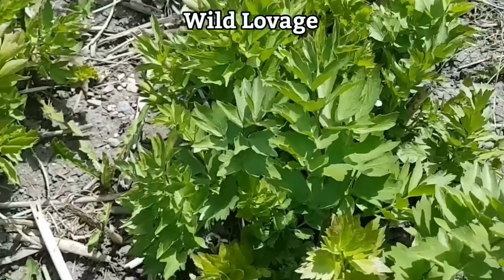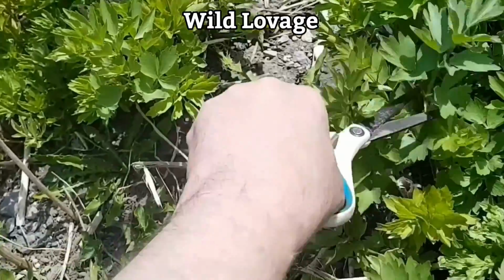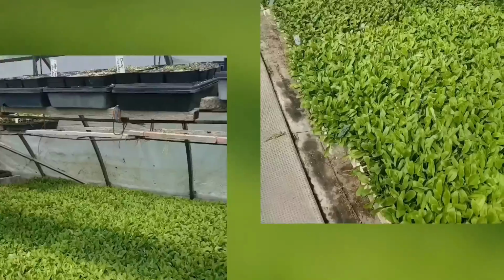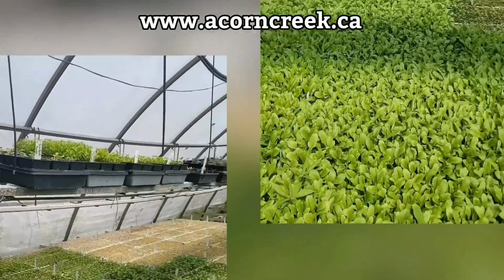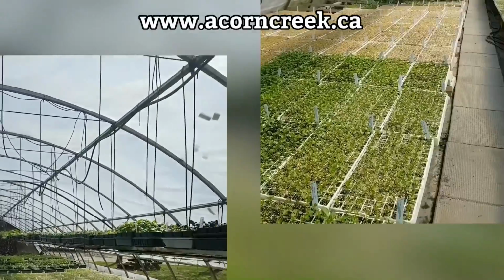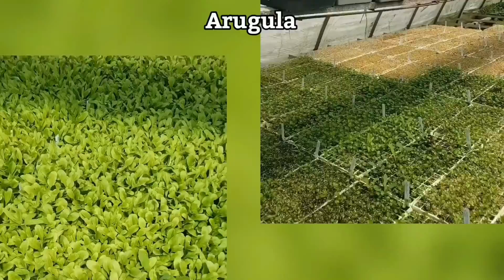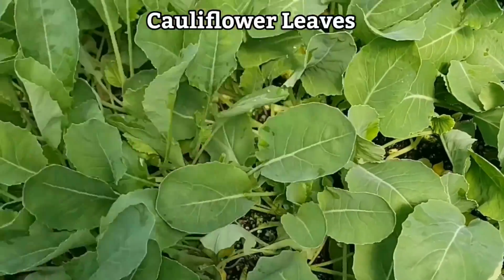Here we have a little wild lovage. And just a little bit of this because it is quite sharp. Andy Tarragon, our farmer at Acorn Creek, has very generously given me the run of his farm and allowed me into his greenhouse where I'm going to pick a few things to supplement our salad, namely some wild arugula, some cauliflower leaf,